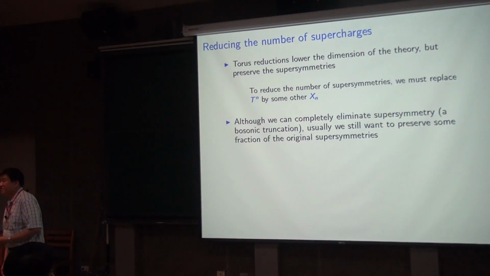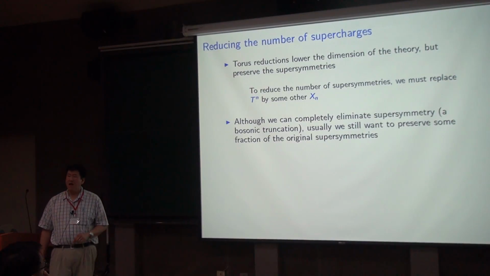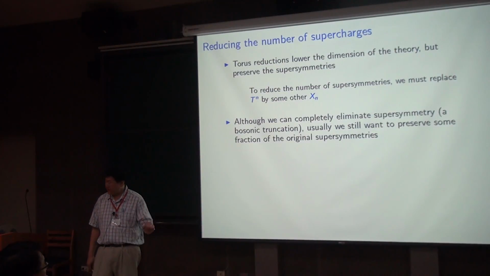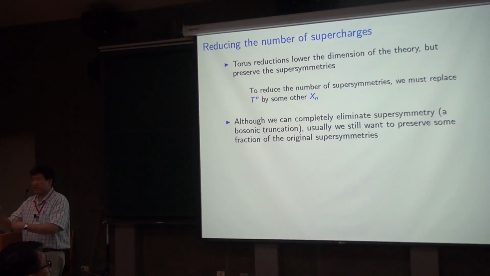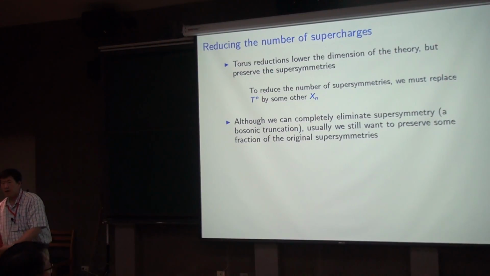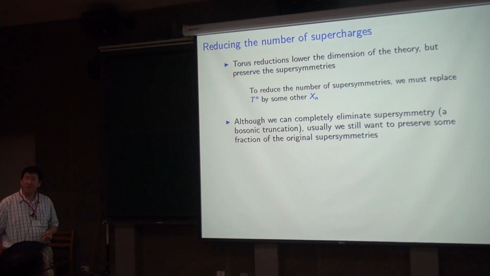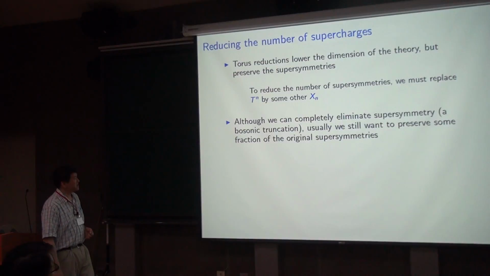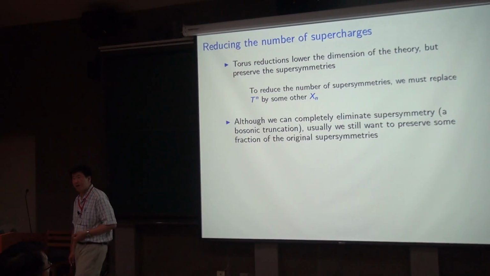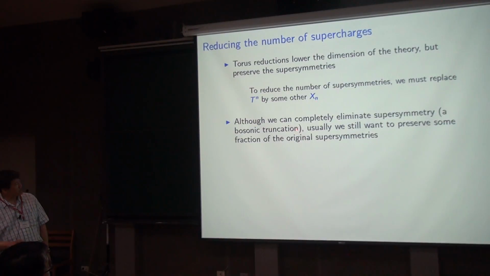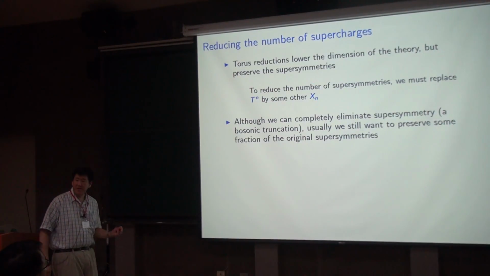So when I talk about circle reductions, or more generally, reducing on the torus, I'm reducing on a flat internal manifold, and it turns out I don't break any supersymmetries. So I started with 11-dimensional supergravity, 32 real supercharges. I keep on reducing, circle, circle, circle. I can get to all these lower dimensional theories with 32 supercharges. However, there's something else I can do. I can pick more complicated internal manifolds that are not a torus. And by picking more complicated manifolds, I can break supersymmetries. Usually I don't want to break